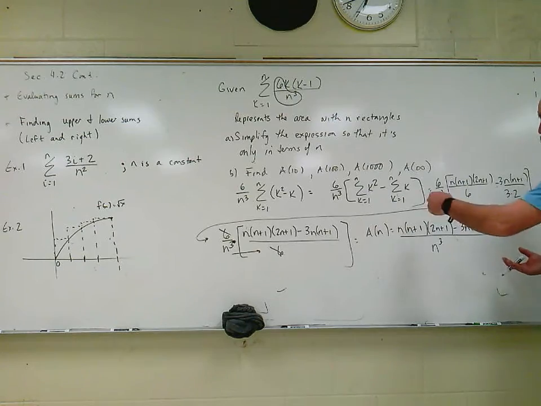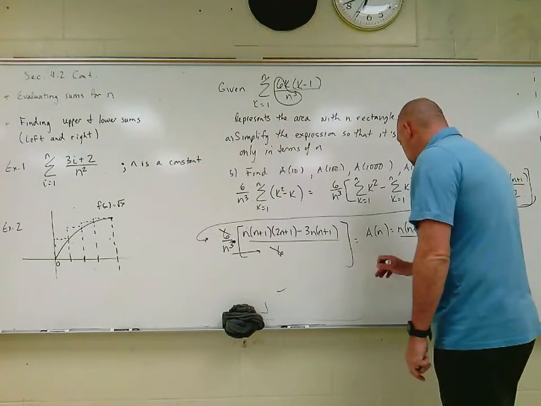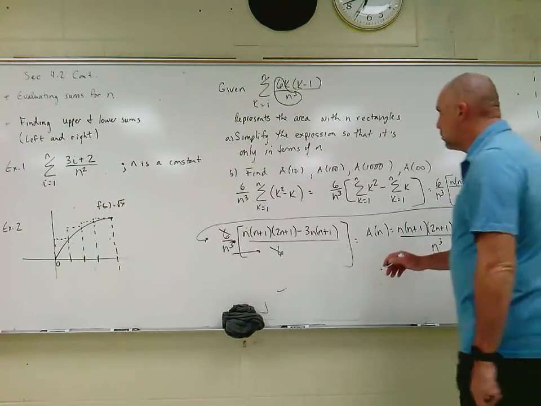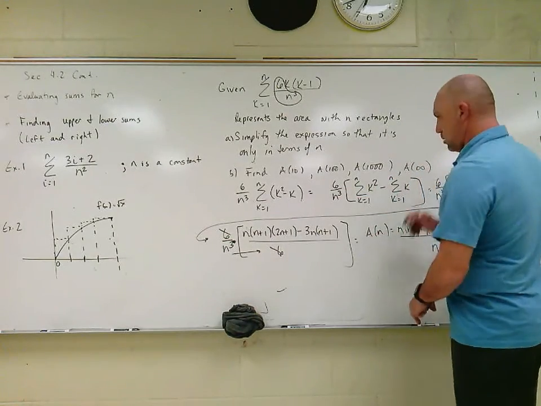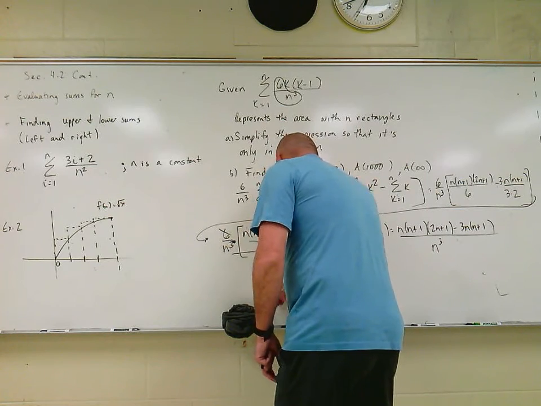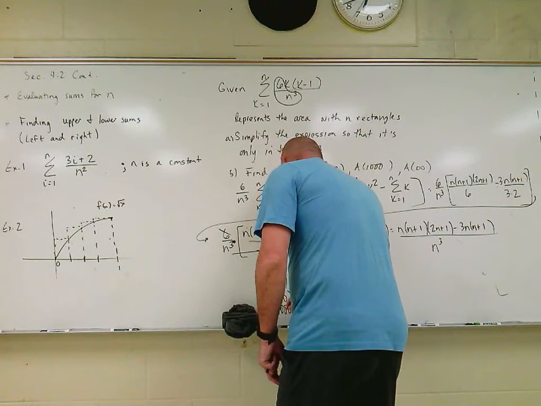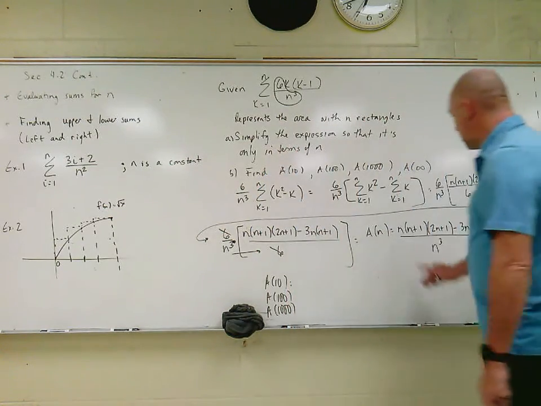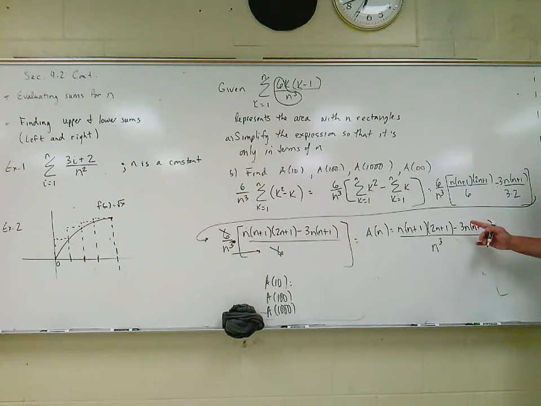Now you're going to plug in 10, 100, 1,000. So find each of those, and then we'll get those answers. So I'll just store them over here. So get A of 10, A of 100, and A of 1,000. And let's see if we start to converge to a number. But you can see when you plug in, it's going to be 10, 11, 21, 30, 11, you know, all over 10 cubed. So do like you did last time. Everybody does it so that way if we make an error,